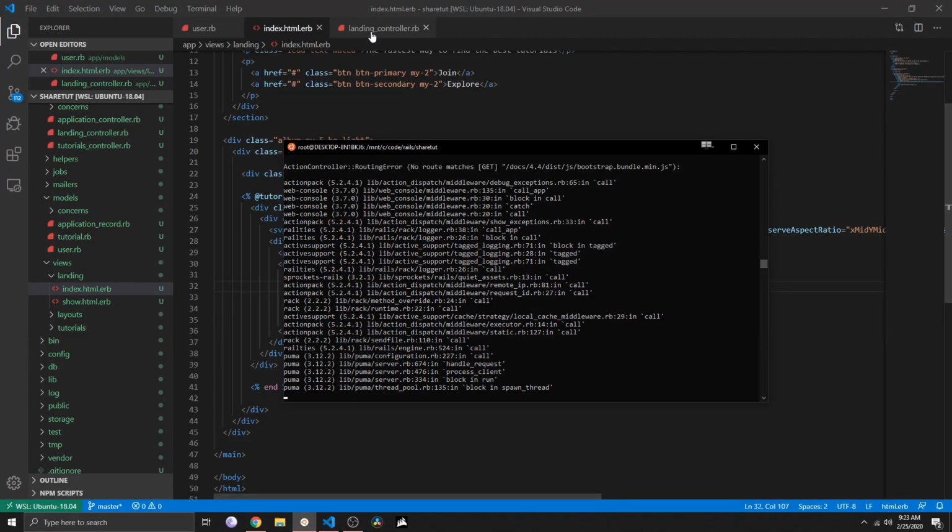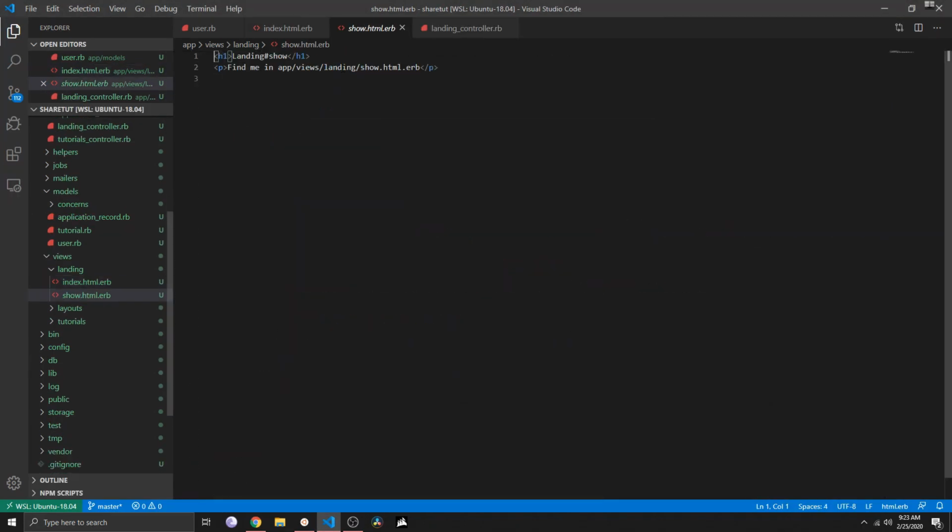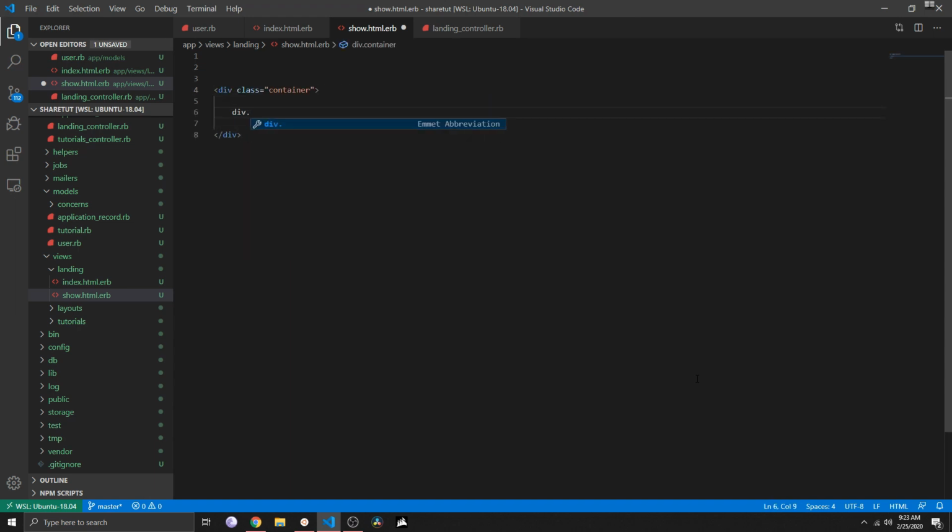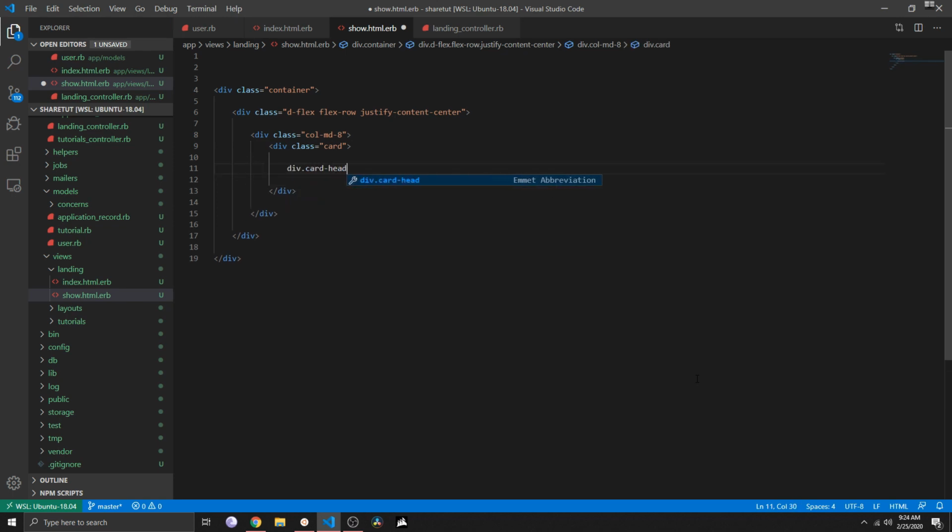So let's quickly style the show page as well. So show.html.erb, and make sure to use the landing show page. And then here we just quickly create a container. Make sure to use just HTML so that we can use Emmet with container. And then I will use a div d-flex flex-row justify-content-center, and then a div col-md-8, and then here div card, and inside here a div card-header. Inside the header I will add tutorial.title